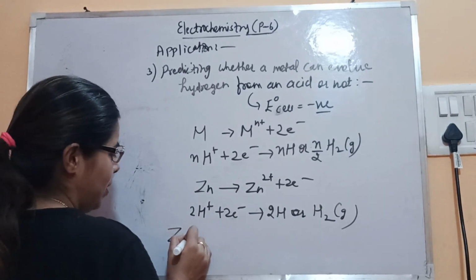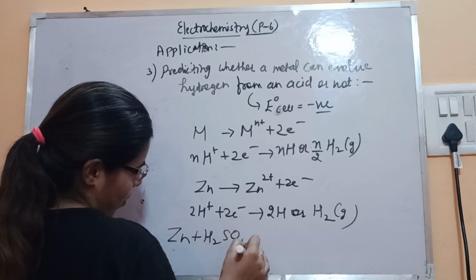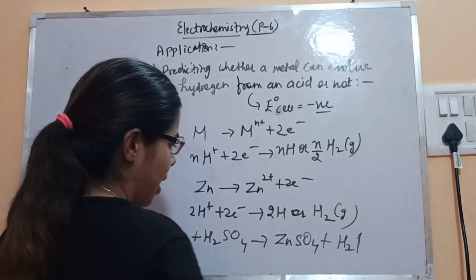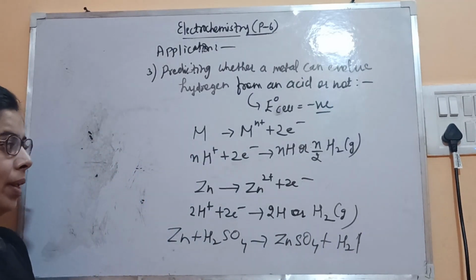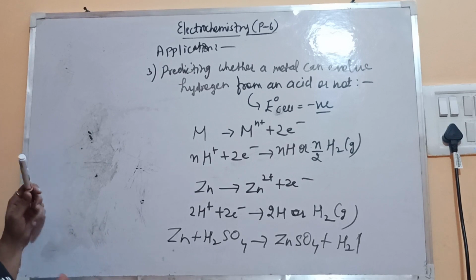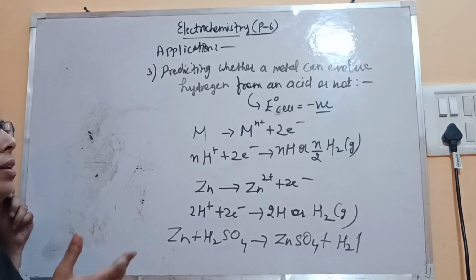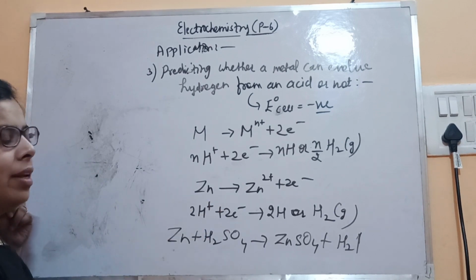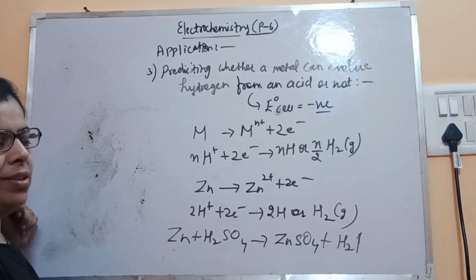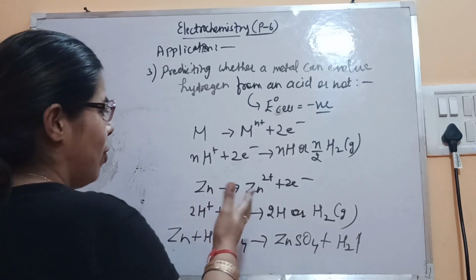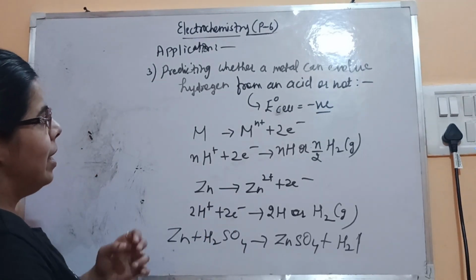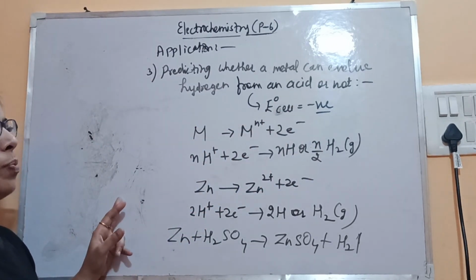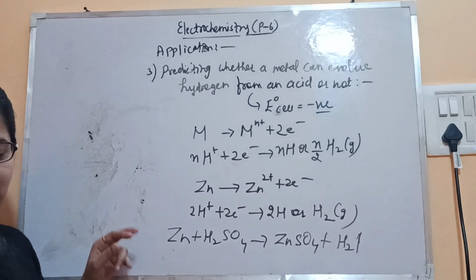Like we know the reaction of zinc with H2SO4, it gives you ZnSO4 plus hydrogen gas will be evolved. But other metals which are having positive value, like copper, and then we have seen silver, they'll not be able to evolve hydrogen from its salt solution, that is from the acid. Okay, because acid is a salt solution for the H plus ion, so you can say negative value is required for the evolution of hydrogen. Okay, if the value is positive, then hydrogen will not get evolved in that case.